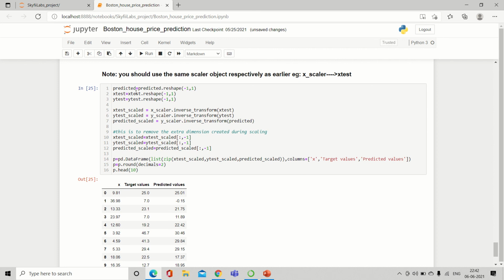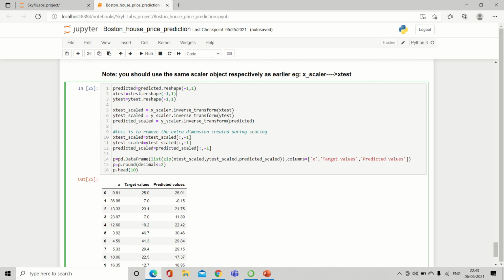As we have the predicted x-test and y-test in the form of rows, we are converting them to columns using the reshape function. Here I am passing columns as 1 and rows as -1. -1 indicates that at runtime we can decide the number of rows with respect to the columns.